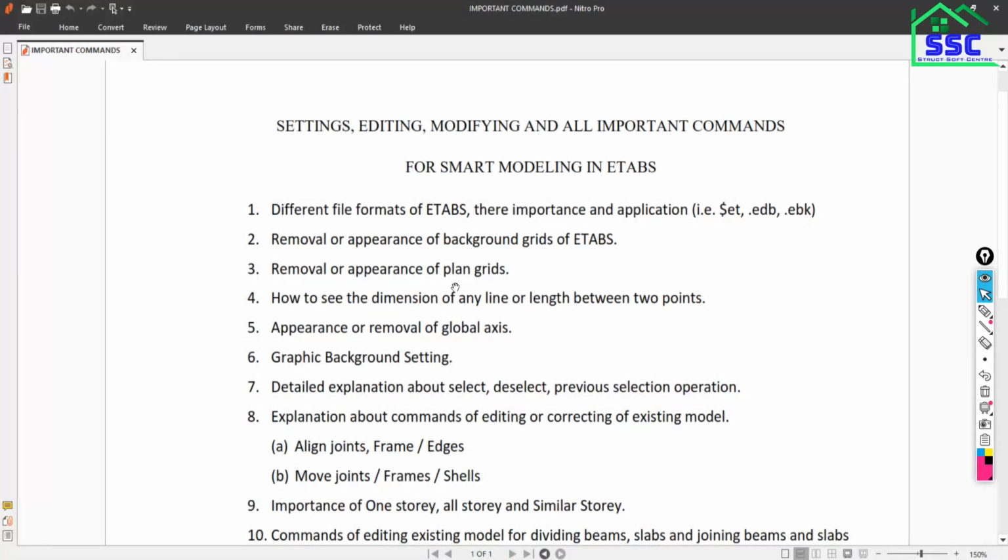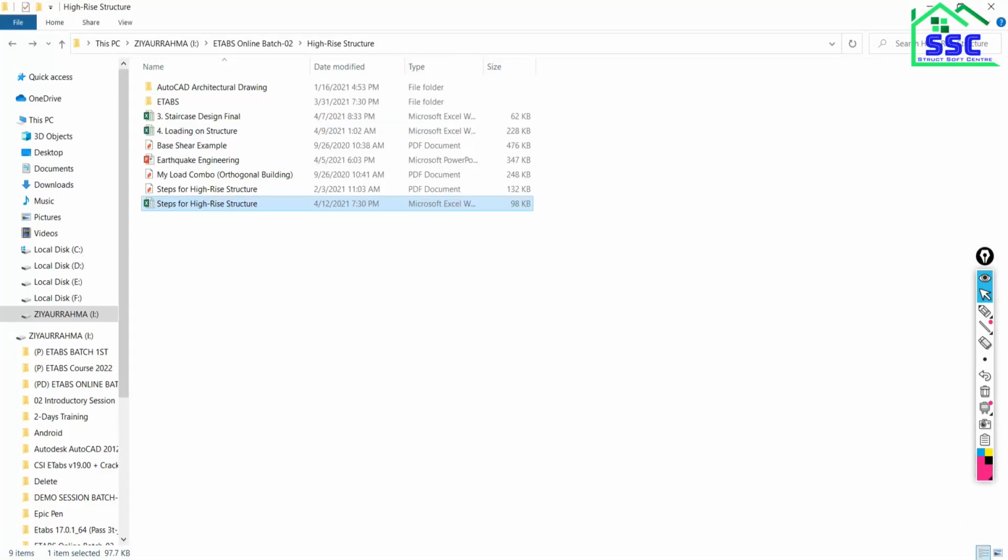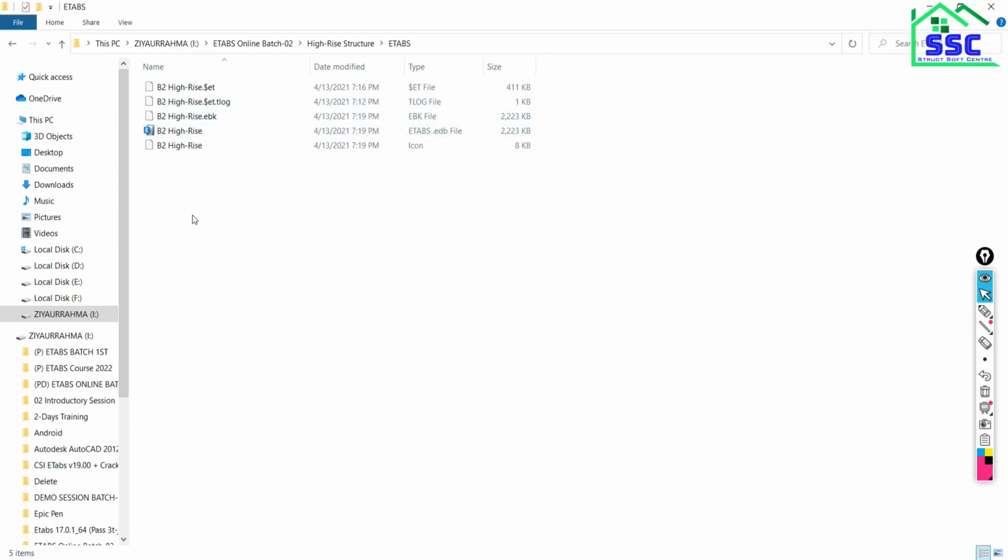Yeah. So very first, what are the different types of file formats? What different file formats are there when you are going to save your model? There are many. When you save your model before the analysis or after the analysis, you will get many backup files.